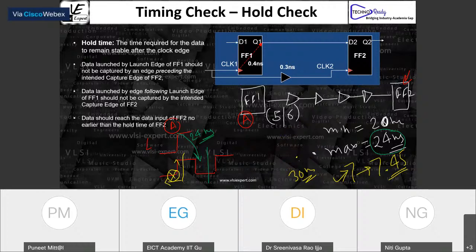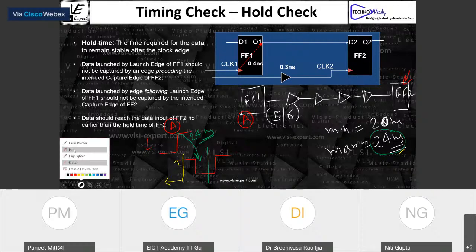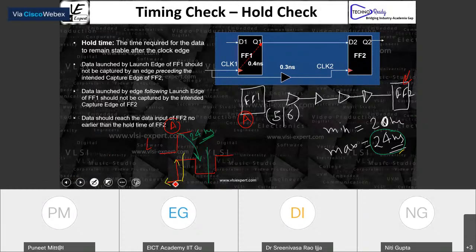Now let's see how I'm going to. Okay. Now this portion is clear. Now let's see. It is basically this way.